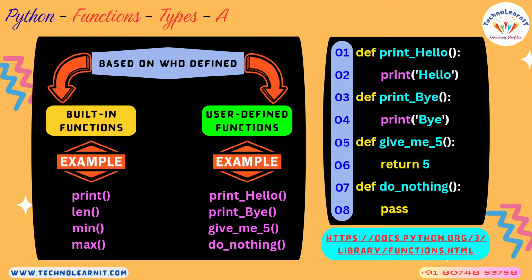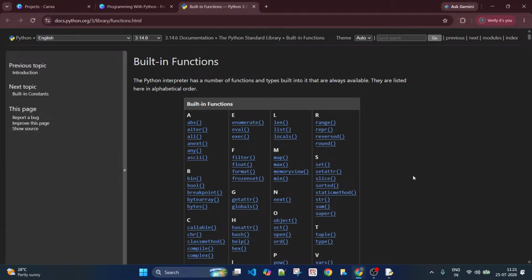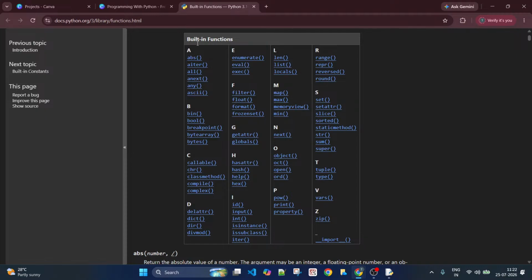So if you want to just look at the list of Python functions, here is the link. Here you see under the documentation of Python, you get the list of built-in functions that are available in Python. So abs, absolute value, all that. All of these are built-in functions in Python. Let us look at len.